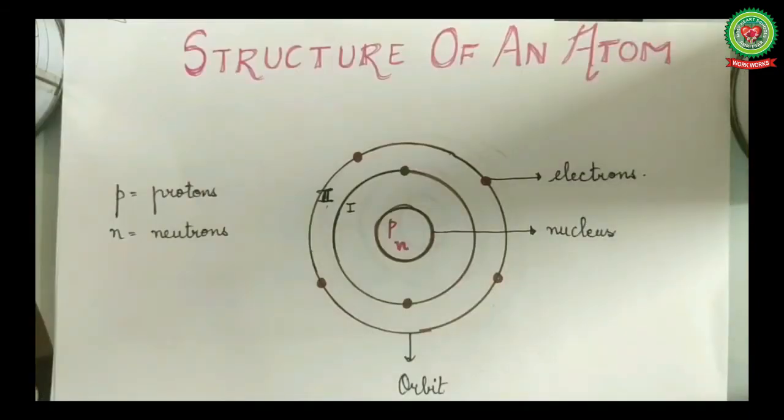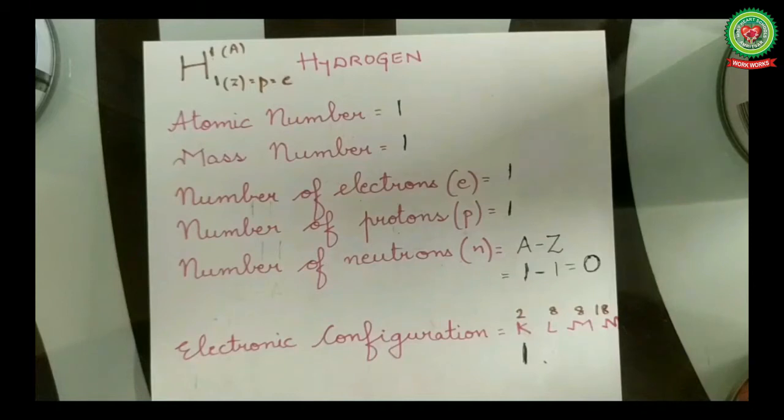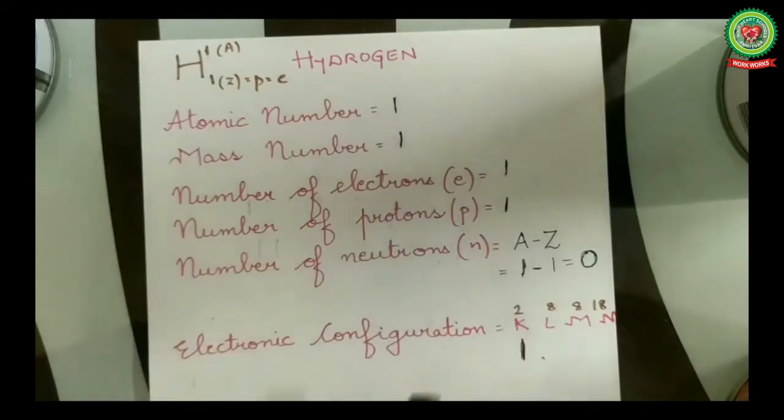Students, I hope that you all are well versed with the terminology related to atomic structure which we did in the previous lecture. That is, what is an atom, what do you mean by protons, neutrons, electrons, atomic number, mass number, valency, valence electrons, orbits, element, compound. Next we are going to discuss how to draw these orbital diagrams. Let's discuss our first orbital diagram for today, that is of hydrogen.